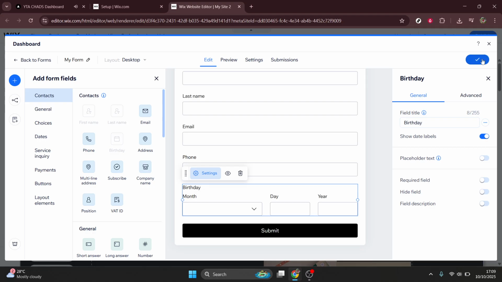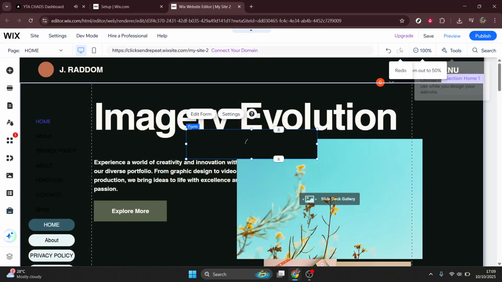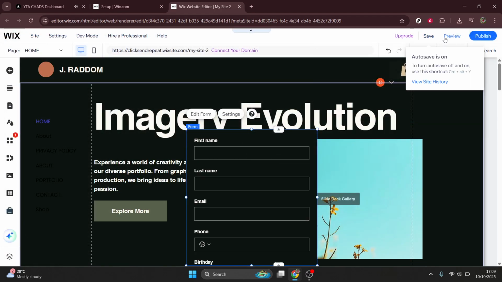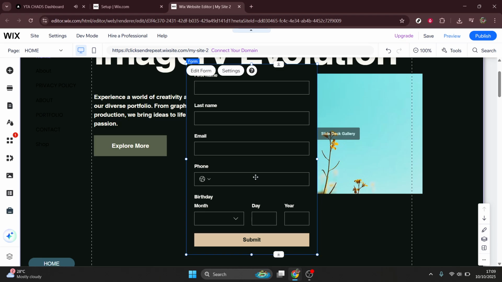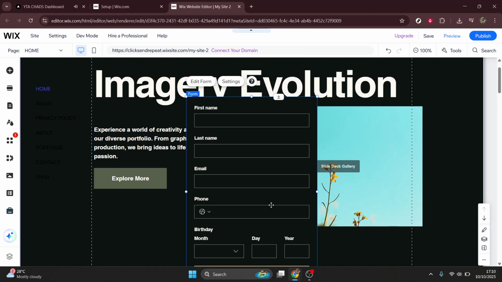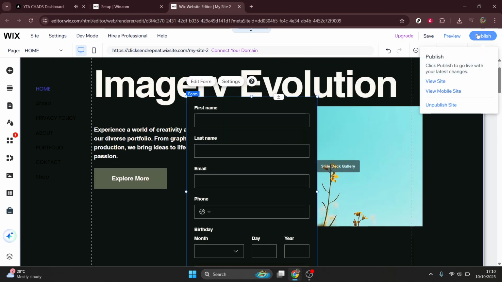To make sure users can easily find where to log in, you'll need to add a login button visible on your site. Again, go to the plus add section, select button, and then choose login versus sign up button. Place it strategically, perhaps in your header or menu, so it's easy for visitors to spot. Once placed, link it directly to your new